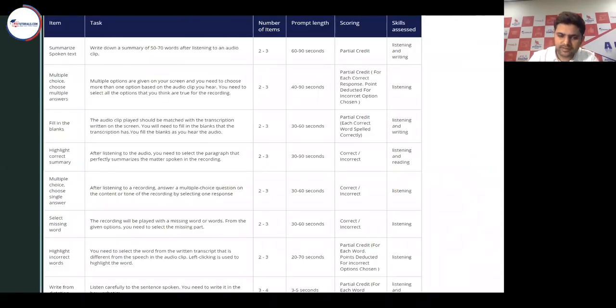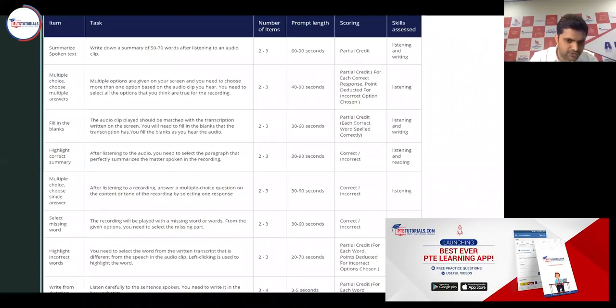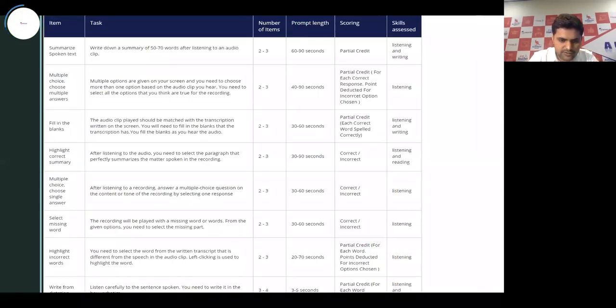But you need to remember one thing here, that this is a real-time task. So you have to be very focused when this task comes. Your attention cannot be divided. It has to be very focused on what you're doing at that moment, because it is a real-time task. And here, please don't do any sort of guesswork because there is a negative scoring. So practice this a lot to make sure that you're able to score 100% in this particular task, because it is possible